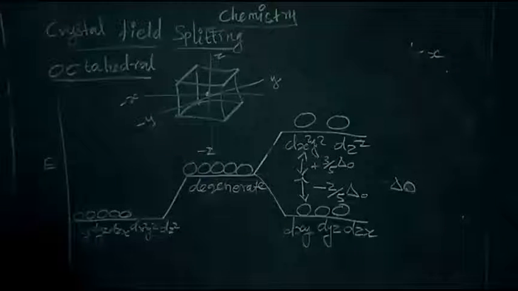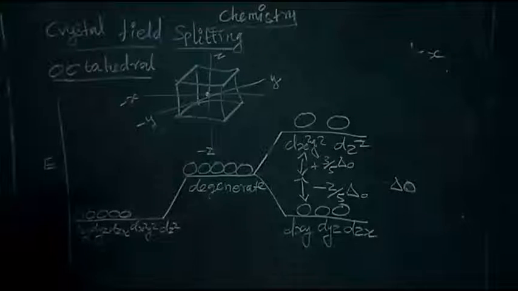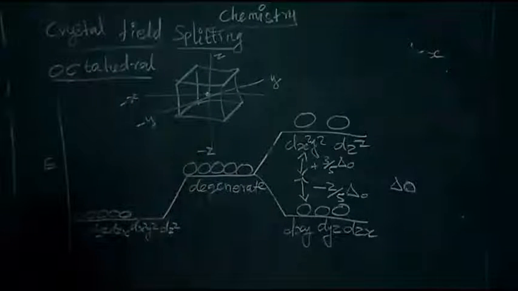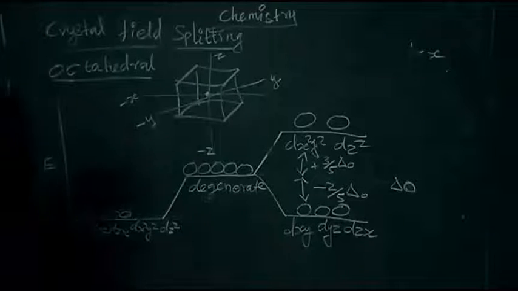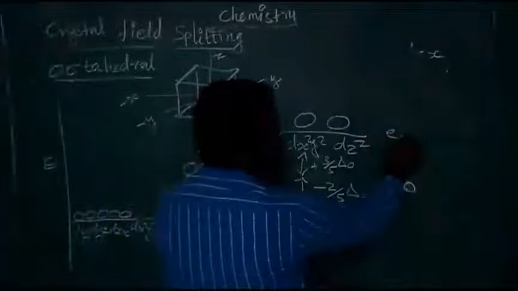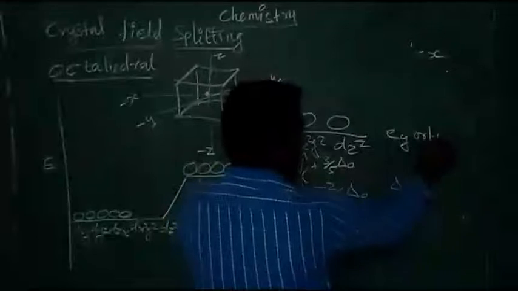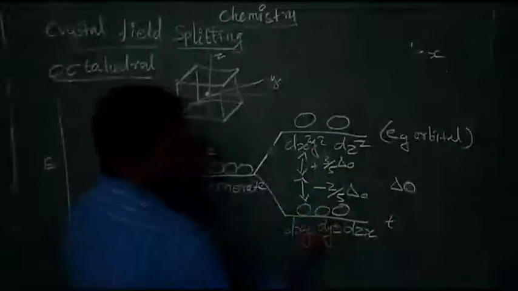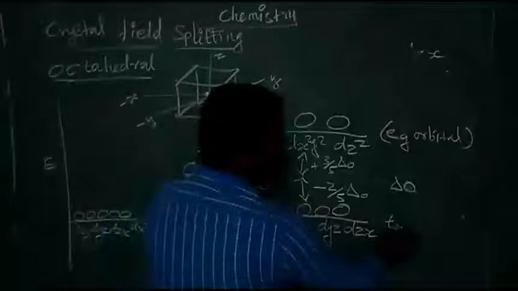Let us see the tetrahedral case. Now only one extra thing. Now we have two sets of d orbitals. The first, with high energy, is represented as Eg orbitals. The energy decreased orbitals are called the